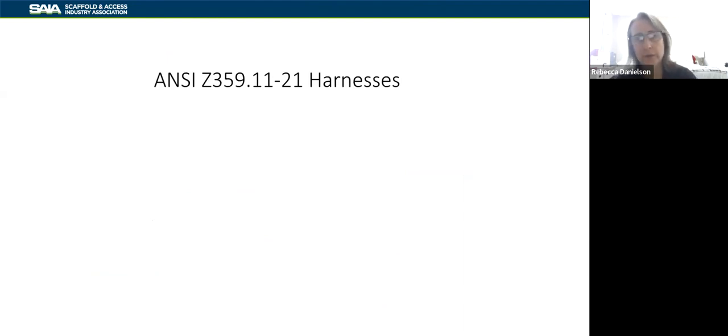And one thing to note with SRLs, and we talk about mobile elevated work platforms, I can't say it today for whatever reason. But you can't use a class 1 SRL in a mobile elevated work platform. It has to be a class 2 based on its anchorage. So it's important to note that, right? And we want to start moving in the direction of really looking at being in restraint rather than anything else.